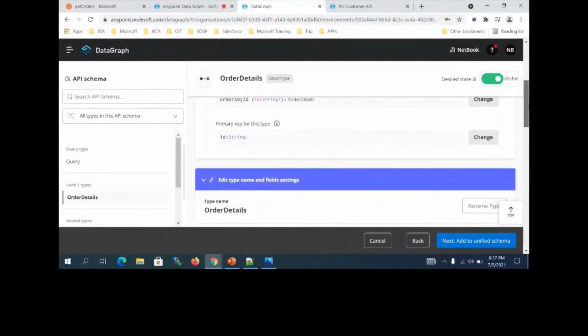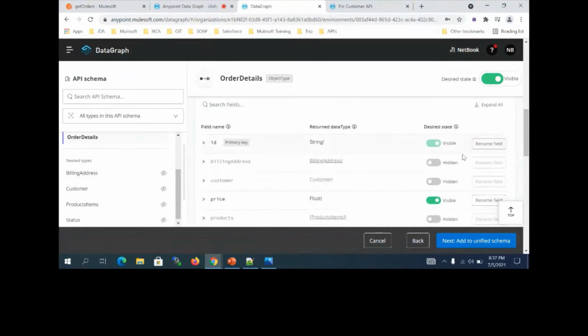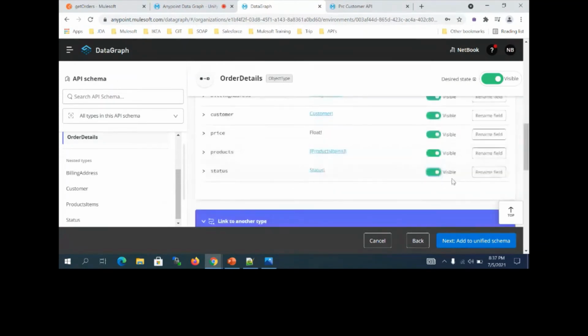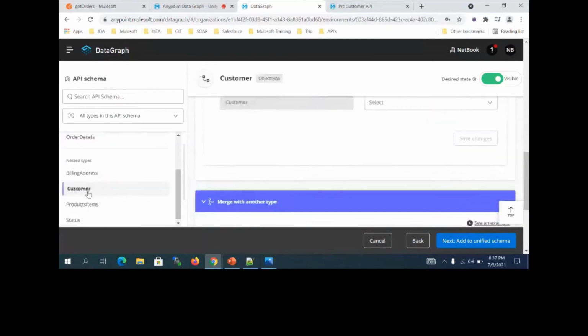Now, if I select here down, the billing, okay, let me enable the hidden fields. Okay, billing address, and customer I want to enable, and products also, and status also I want to enable. It has different data types. You can see different data types are there.